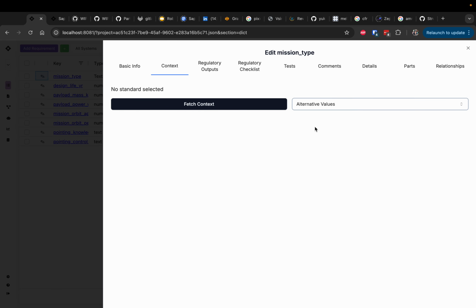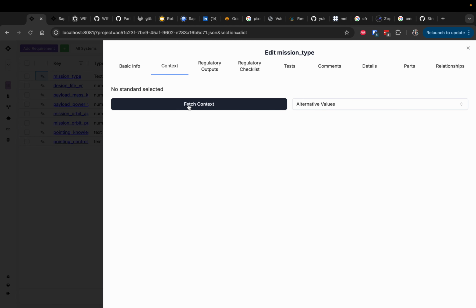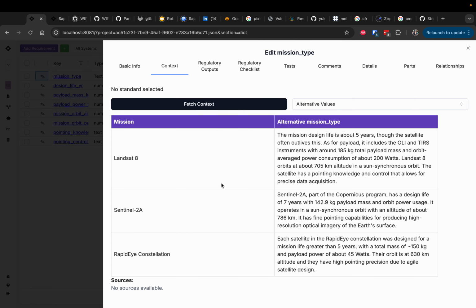We're going to select alternative values. And because it's mission type instead of all the others, which you can see the relation now that we've made mission type the parent of all of these, and we've added that to the standard import mechanism as well, the script that we provided. Now, we use a mission type specific lookup that specifically finds specific alternatives that describe similar